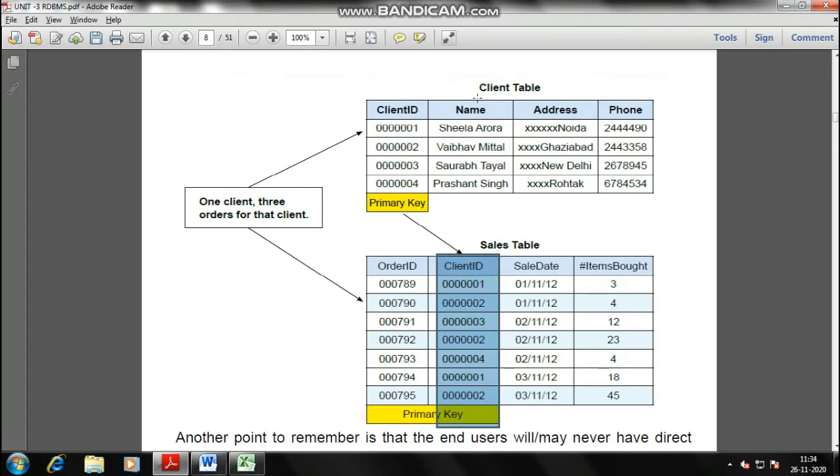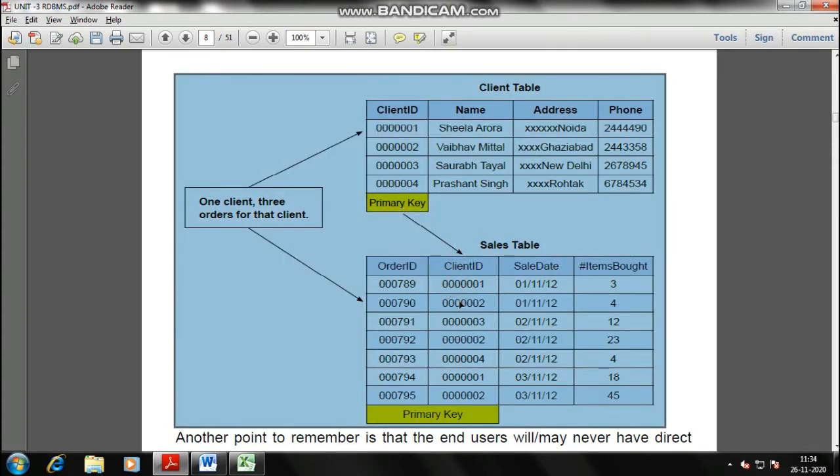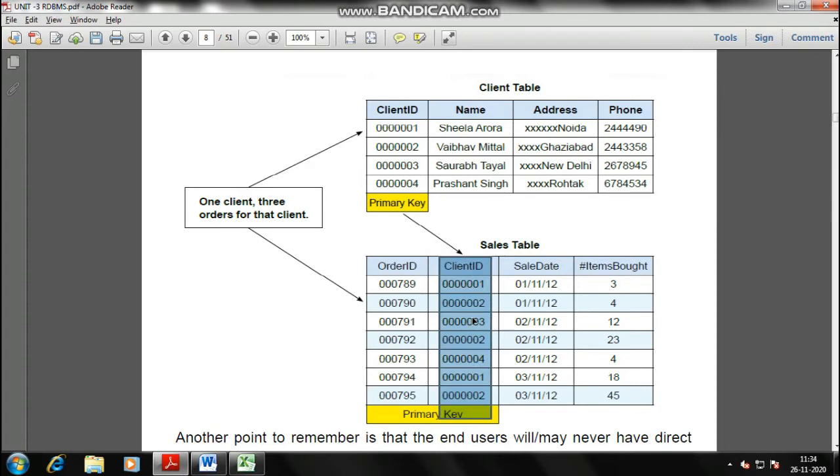Like whenever any person from abroad is coming, we say that foreigners are coming, because a person of different origin or country is coming to another country. So this is the client ID: when the primary key of one table is added in the other table, it acts as a foreign key for the sales table.